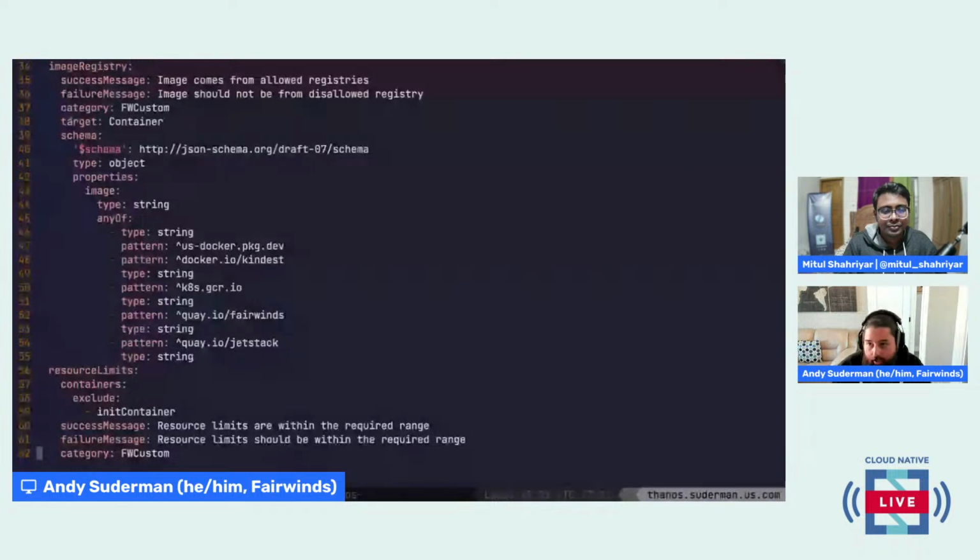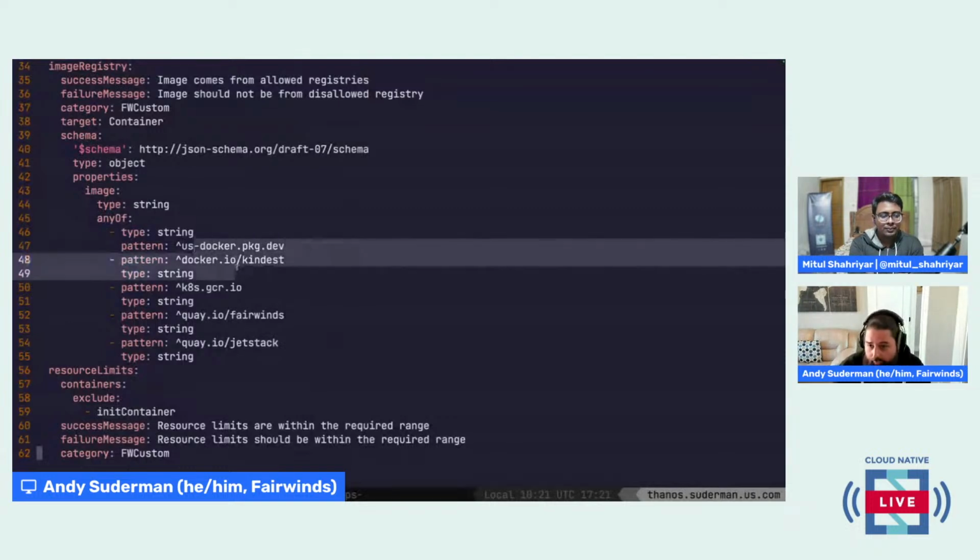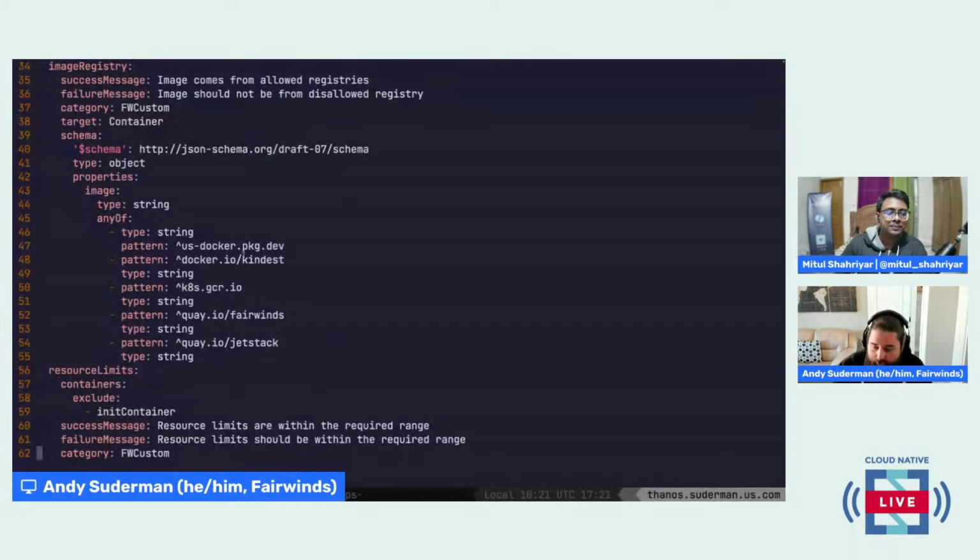We just include that in the JSON schema. We're sort of extending JSON schema here. And we say that the image has to match any one of these regexes. So this says they've got to come from several Quay repositories, or several Docker, US docker.pkg.dev, or GCR. So a fairly straightforward policy there.